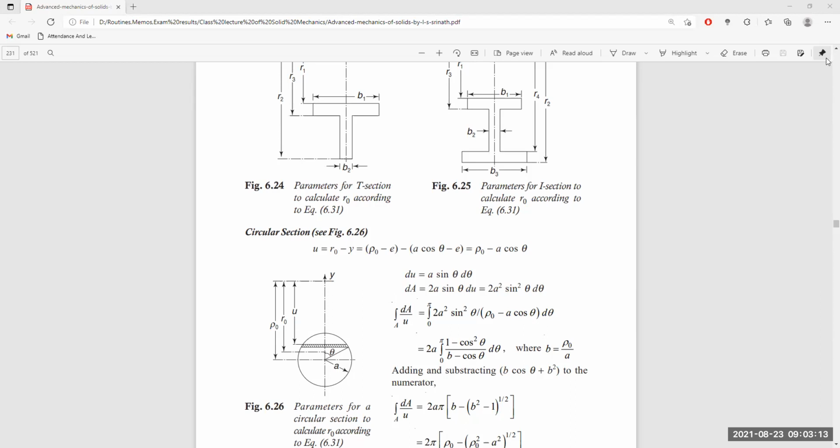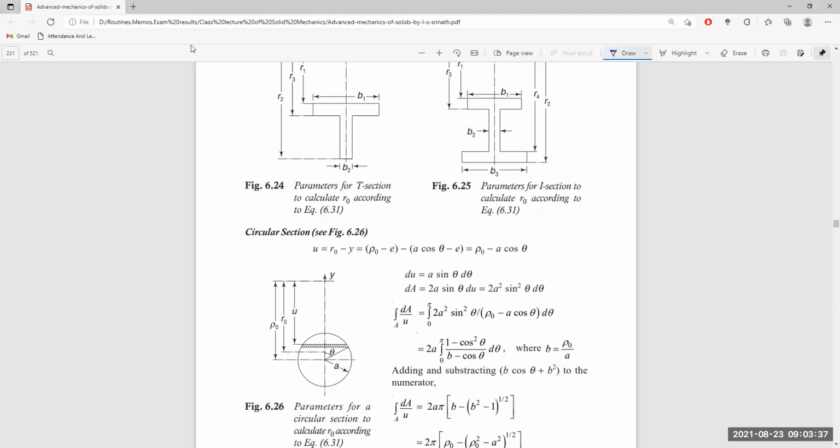Let us finish this I section, T section, etc. We had found what the bending or flexural stress induced in this section should be. Now, let us finish this with